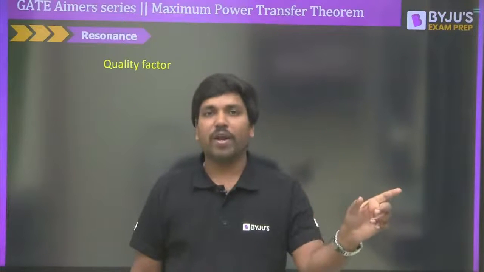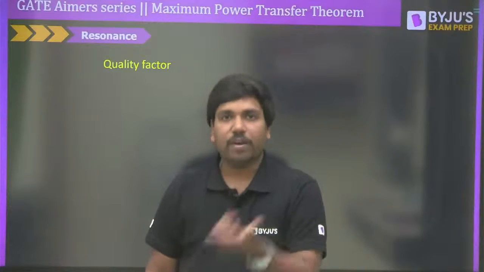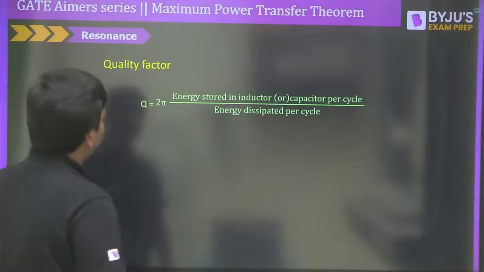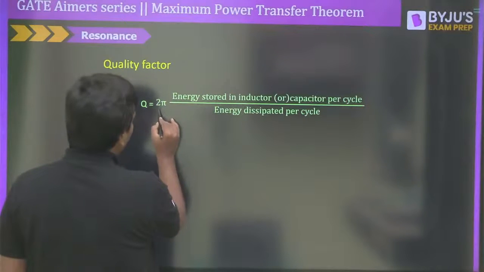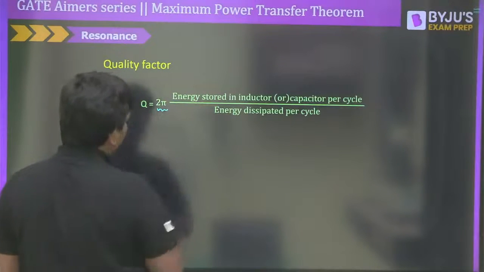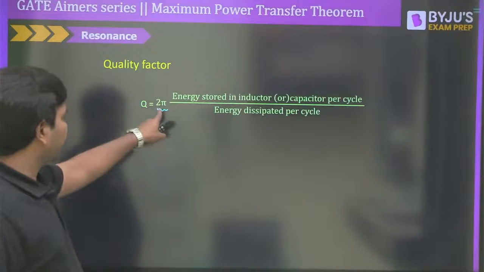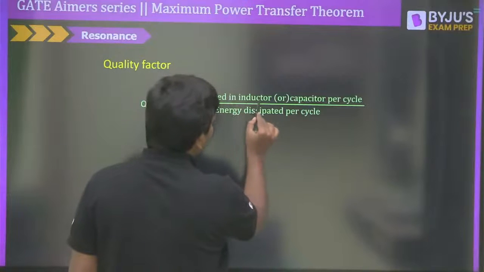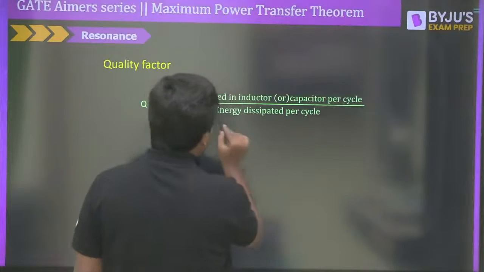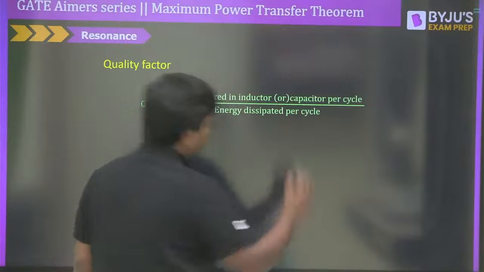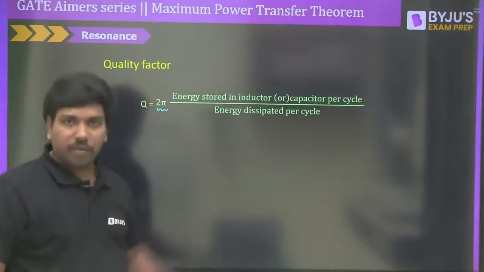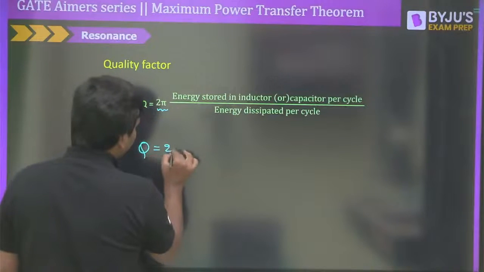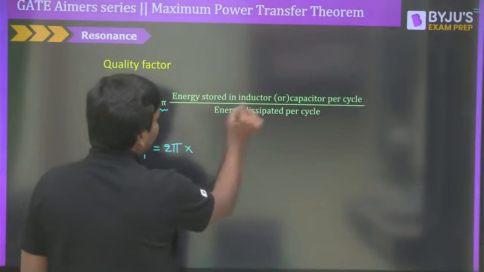We will have a quality factor for a capacitor. We will also have the quality factor for an inductor, right? So how do we find that quality factor? In a simple way, Q is equal to 2 pi. Most of the textbooks will not mention this 2 pi, but 2 pi must be there. So please keep in your mind, 2 pi must be there. At the same time, it is the energy stored in the inductor or capacitor per cycle divided by the energy dissipated per cycle. So how can I write this then? The quality factor is equal to 2 pi times, very good, into the energy stored in the inductor.